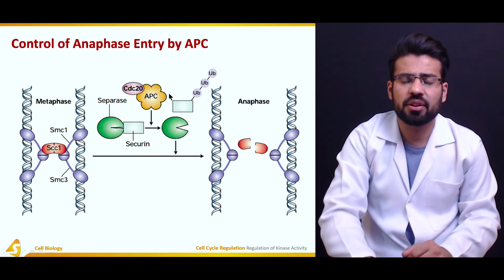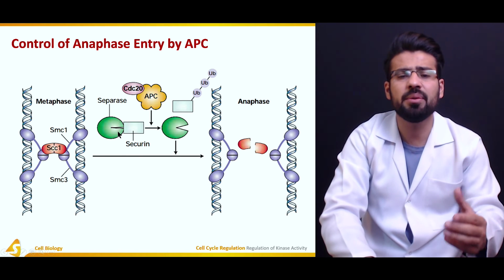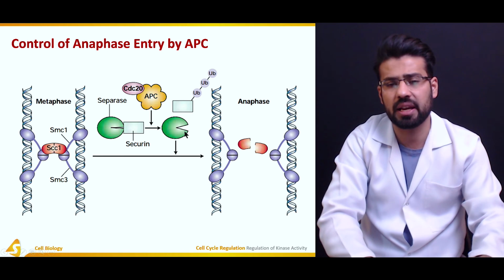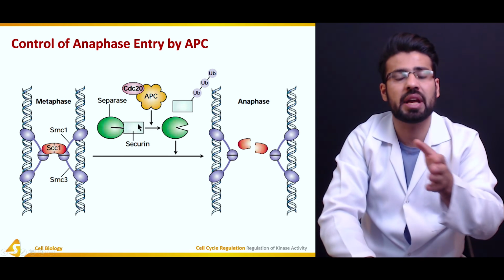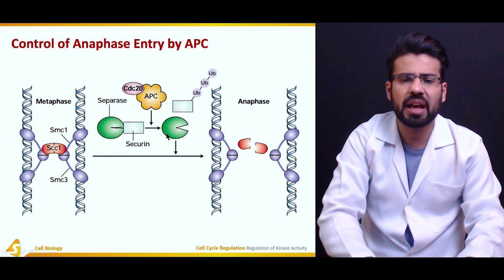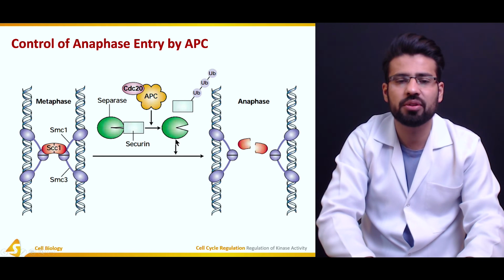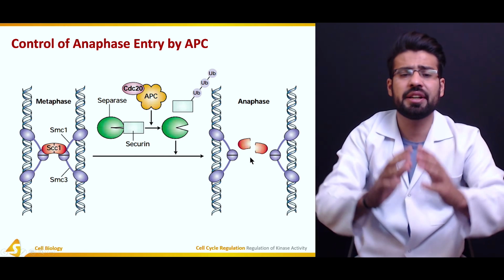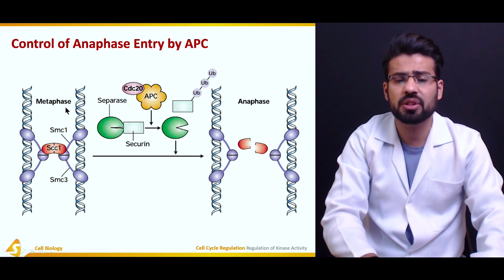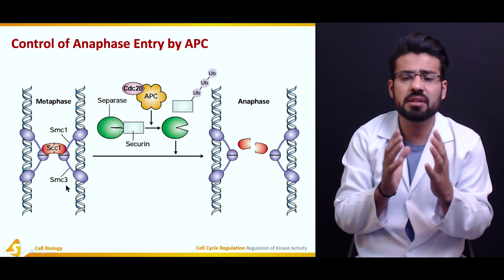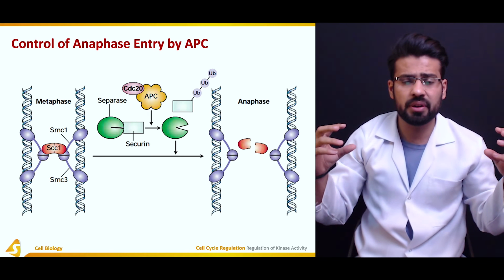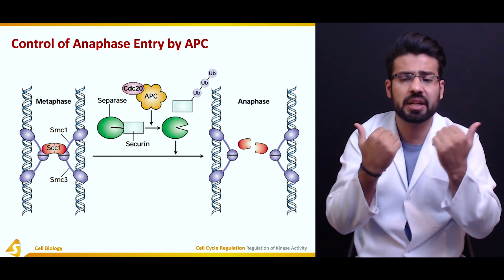Now this securin degradation would cause the activation of the separase enzyme, and the active catalytic site is being opened in this particular case as a result of APC ubiquitinylation. So it is going to chop down the SCC1 proteins, and this chopping down of the SCC1 protein by the separase, as shown over here, would result in the detachment of SMC1 and SMC3 dimers that are present on each sister chromatid, so that during the telophase, when there would be a pull towards their polar regions, they are going to move towards the opposite ends.